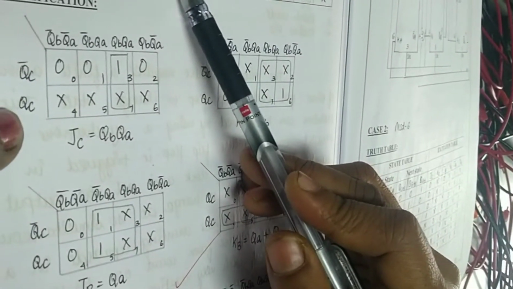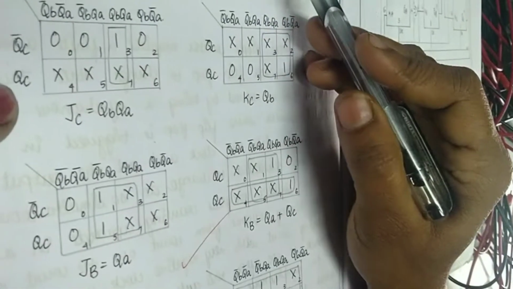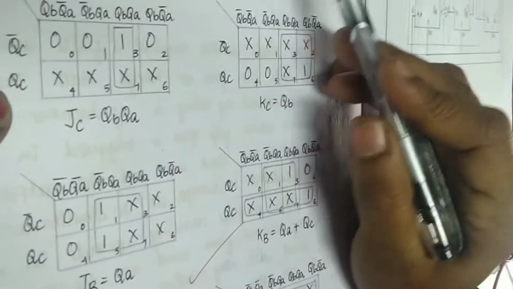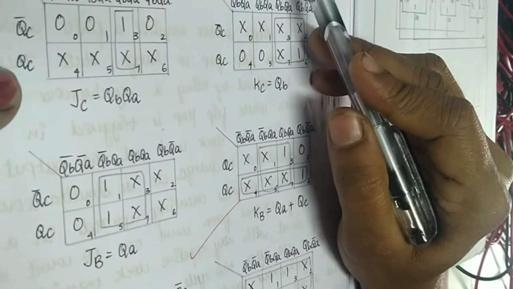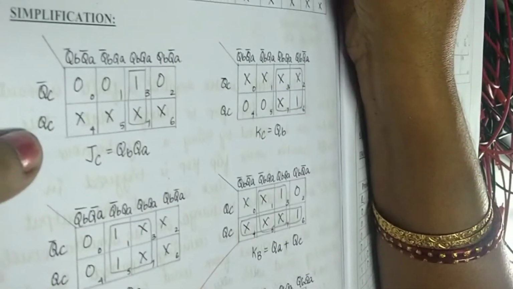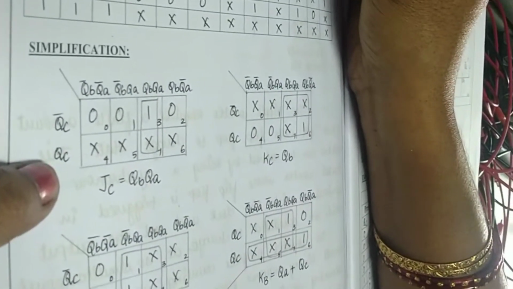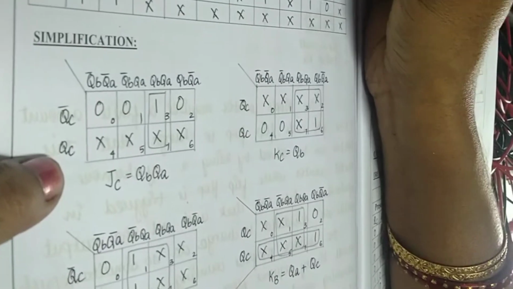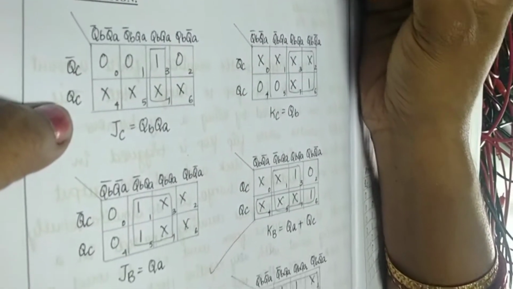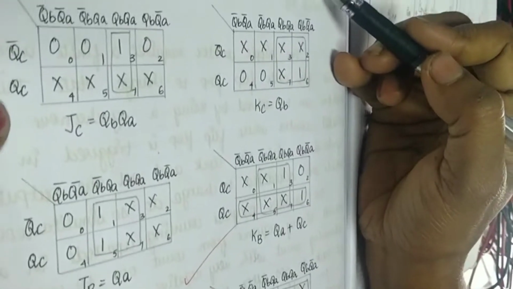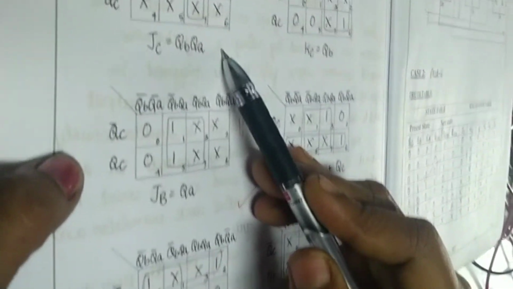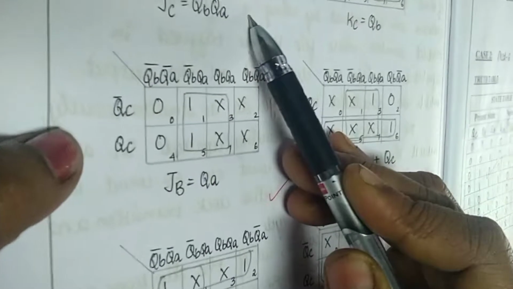Using the excitation table, we find out the inputs for the JK flip-flops C, B and A. We require 3 flip-flops to store 7, because 1, 1, 1 needs each bit to be stored in 1 flip-flop, so 3 flip-flops A, B, C. According to the excitation table, I fill in these inputs. Then I find out the K-map for each flip-flop value.